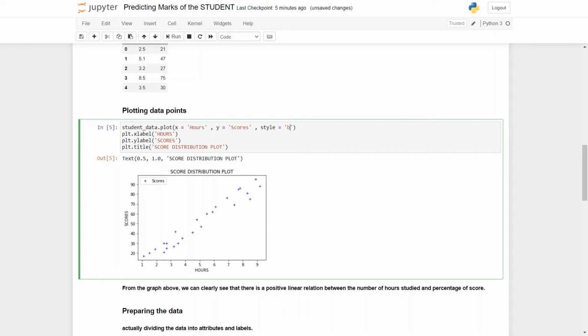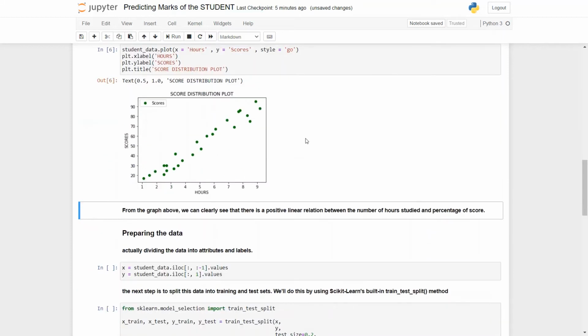So let's go back to the original one, 'go', and run the cell. Okay, this is done. From the plot above, you can also see a positive linear relationship between the number of hours studied and the percentage of score.